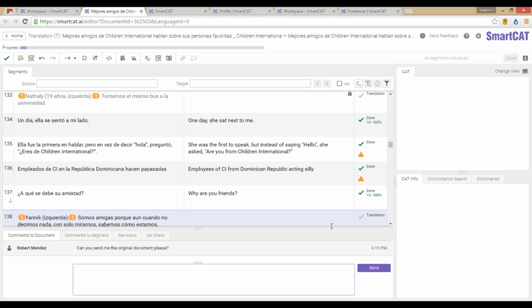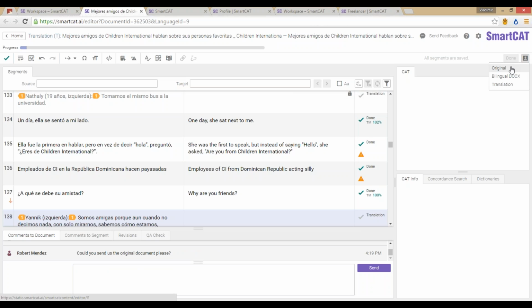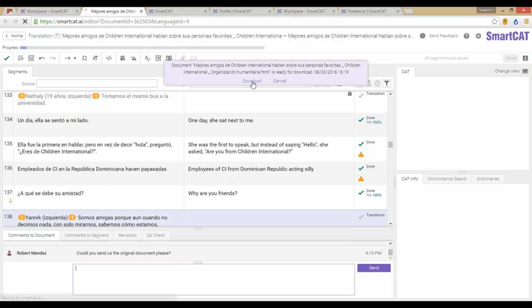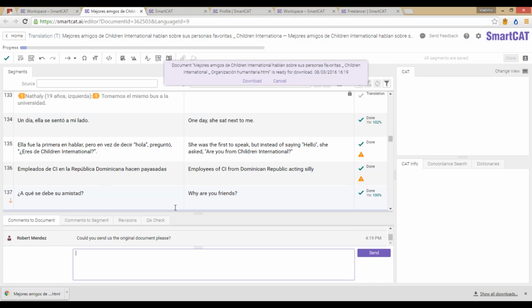So for instance, you could write, you can delete a comment if it was written less than 15 minutes ago, "Could you send us the original document, please?" By the way, it makes sense to make such an inquiry. In general, you can always click this button, download. You can download the original file, if it is doc or PDF or anything else, you can easily see the document to understand what is where, and